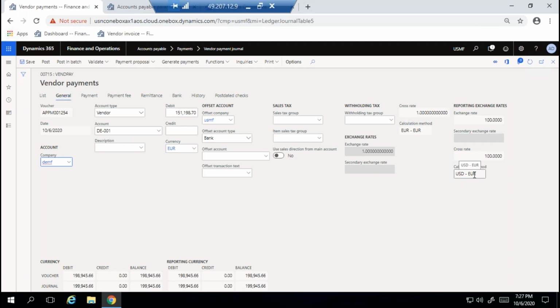US dollars versus euros exchange rates are there, because USMF is in US dollars and DMF is in another currency. Am I right? In USMF it is US dollars, in DMF it may be euro. That exchange rate will be taken care of by the system.